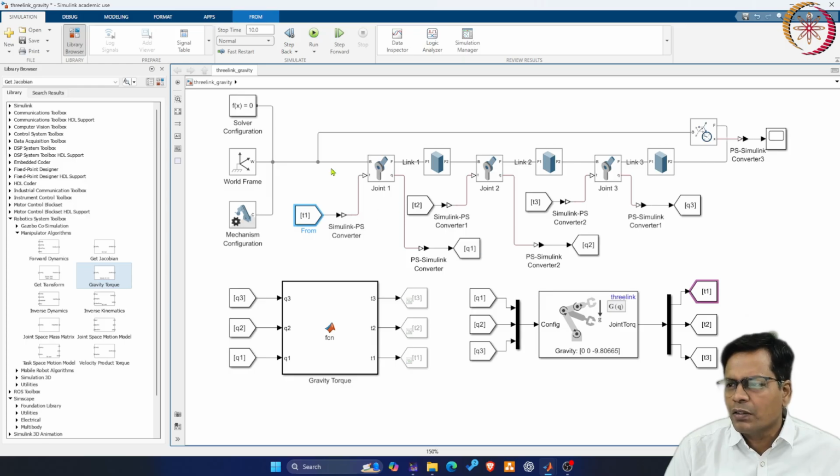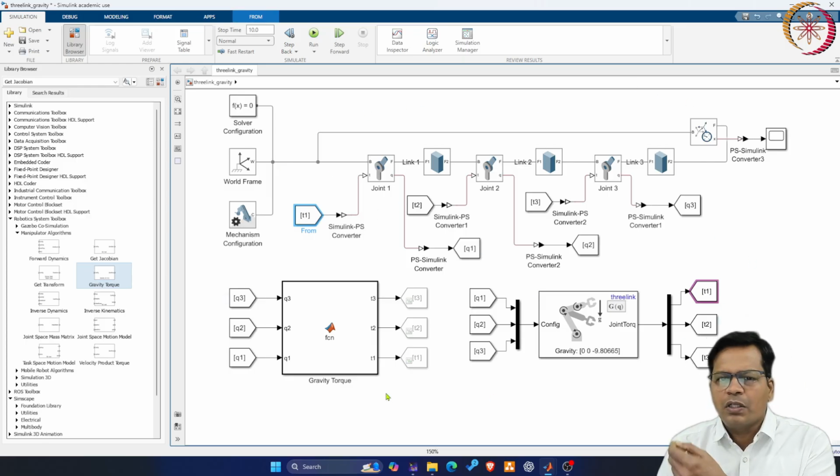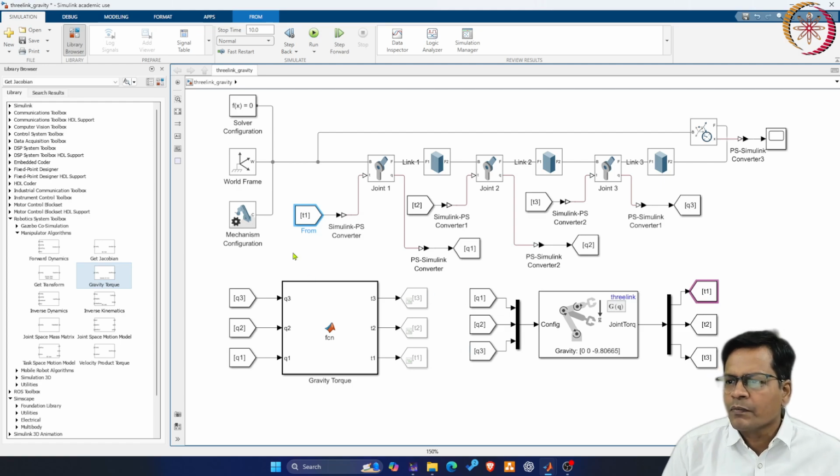In that case, this whole Simulink scheme becomes too clumsy because all the wires will go from here to there for all the 3 joints. So in order to avoid that and make the system very clean, I have stored it in a T1 variable and passed it to this.